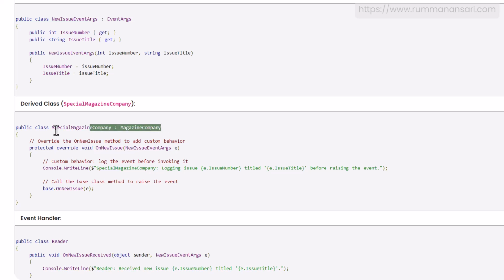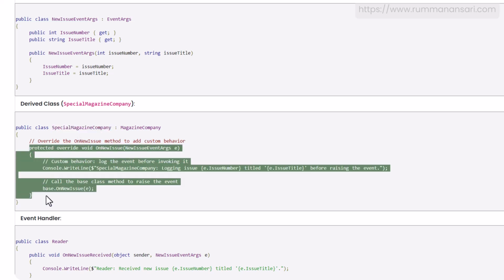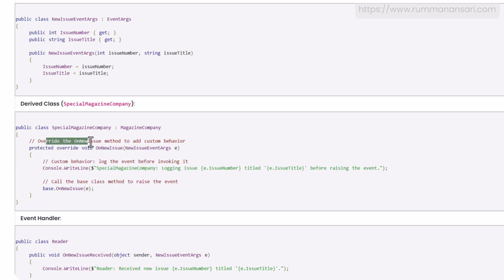You have to use it this way if you want to inherit from one class to another class. We are inheriting from the magazine company to the special magazine company. In this particular line of code we are overriding the new issue